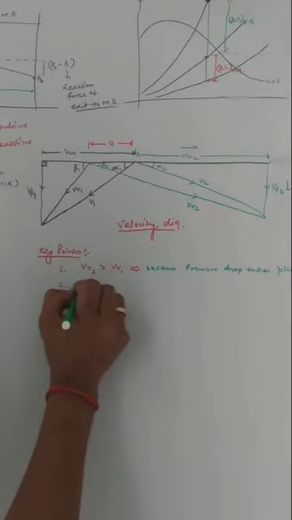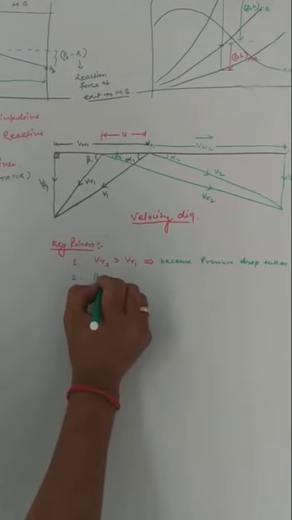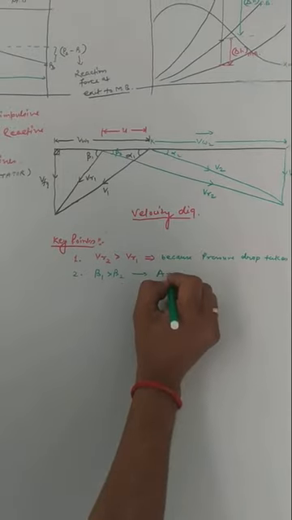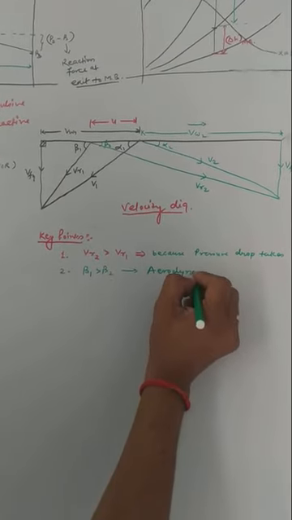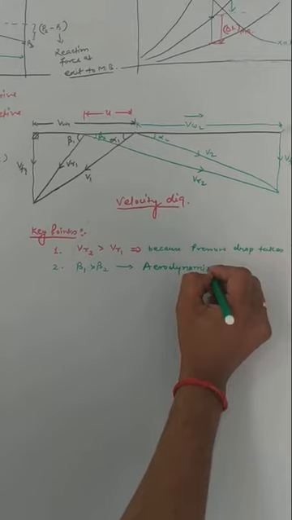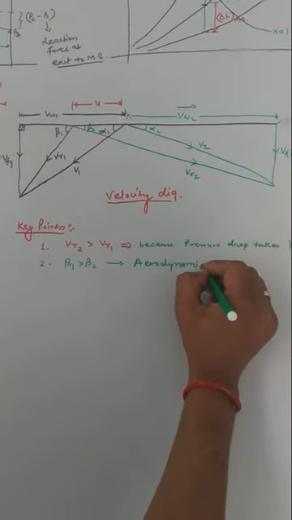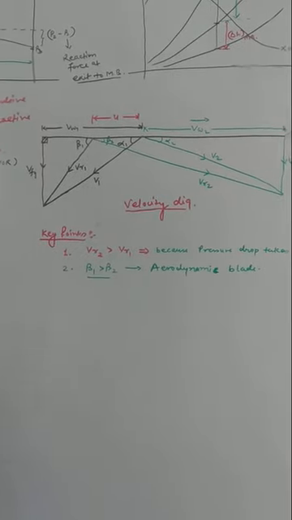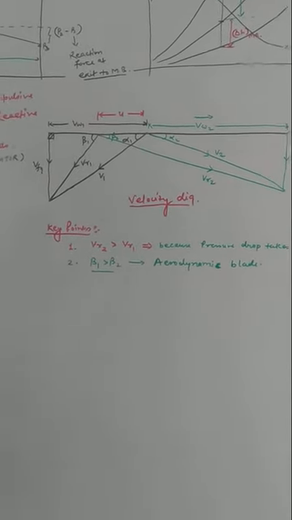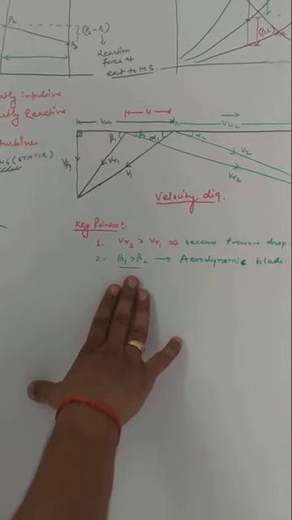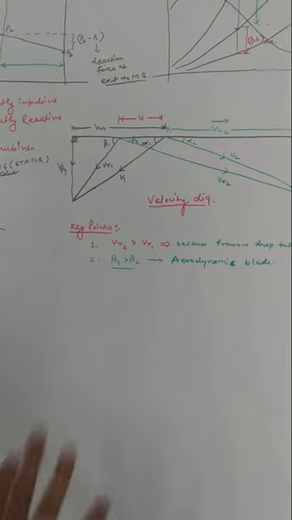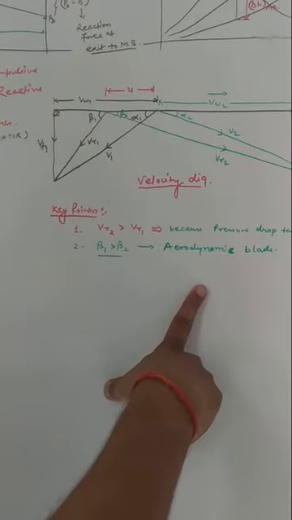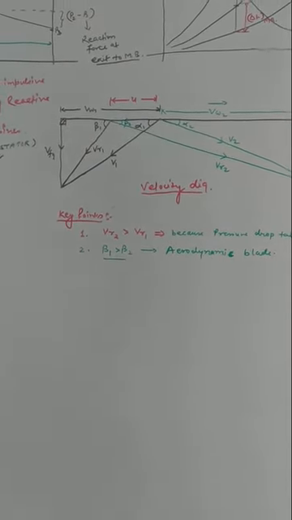And the second point is beta 1 is greater than beta 2. This is because of the aerodynamic shape of the blade. This is due to the aerodynamic blades. As we know, beta 1 is equal to beta 2 in the case of an impulse turbine, but here beta 1 is greater than beta 2. Okay. And the third point is this: